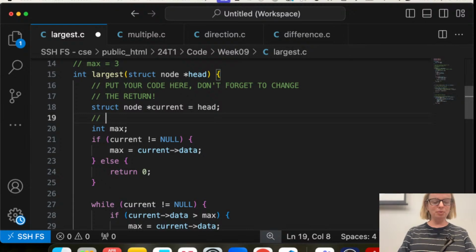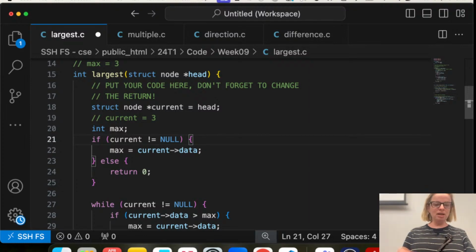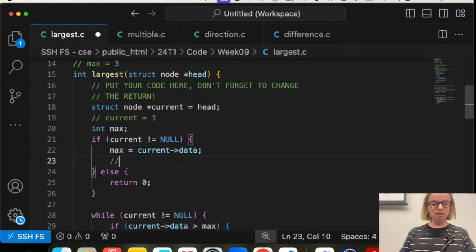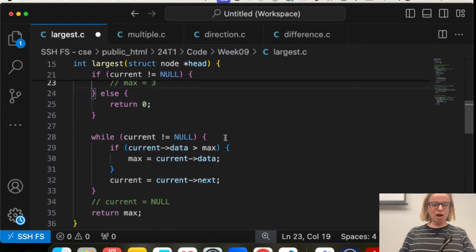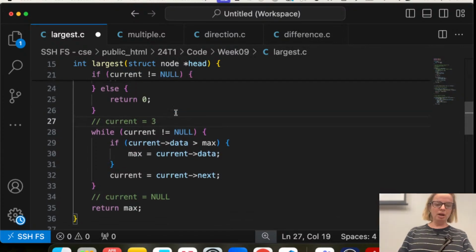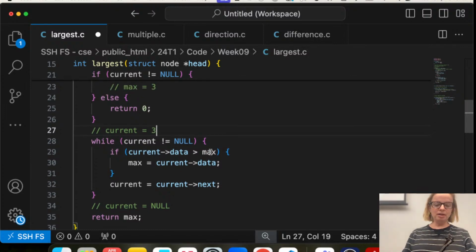Struct node current is equal to head, which means that my current is now equal to 3. I've got a max, and here I said if current is not equal to null, which it's not, and that means that I go into this if statement, and my max is now going to be equal to whatever is sitting inside current data, which is my 3. So now my current is 3, and it's not equal to null, so I'm going to go inside here, and check: is the current data greater than max?